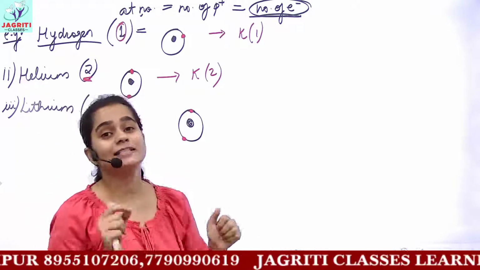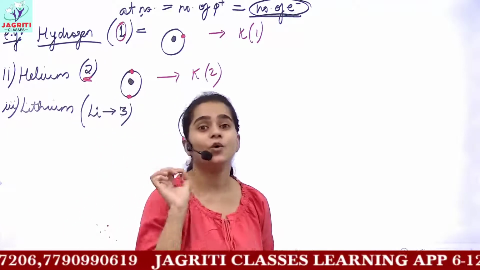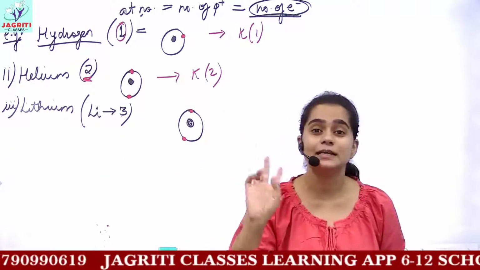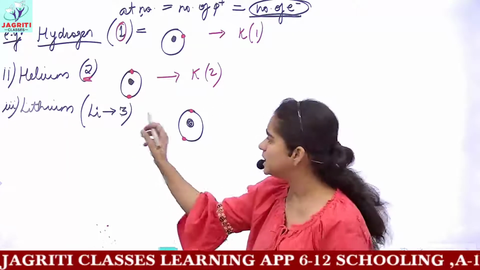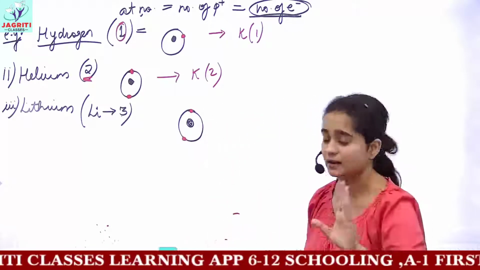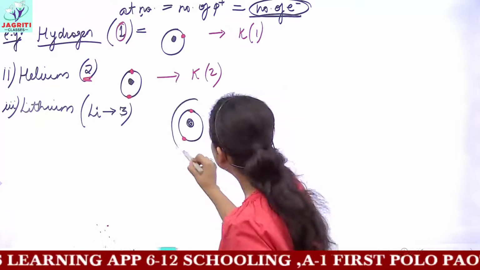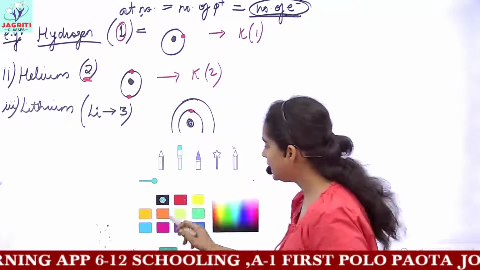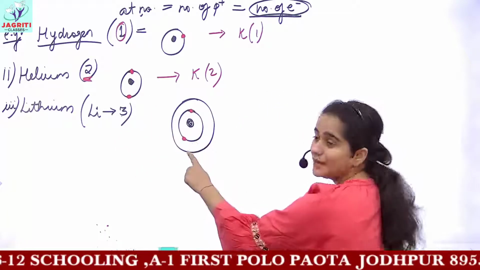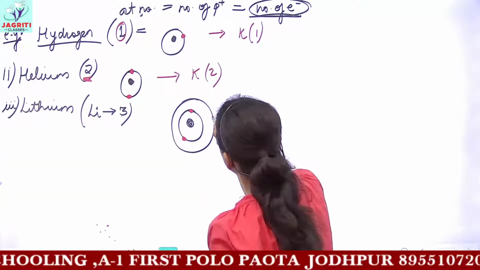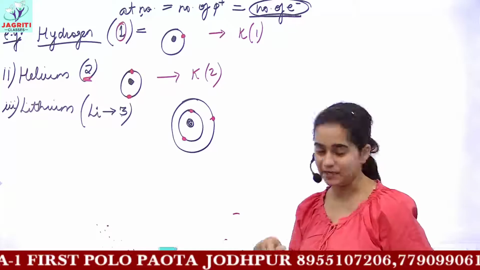And as we said in the first rule, in any case, the K shell can only have 2 electrons in it. So after drawing 2 electrons, I cannot fit the remaining 1 electron inside this K shell. So I need to draw a new shell here. Let's draw a new shell, which would be our L shell. Of the 3 electrons, 2 we have in the K shell, and the remaining 1 electron will be in the L shell. So this is as simple.